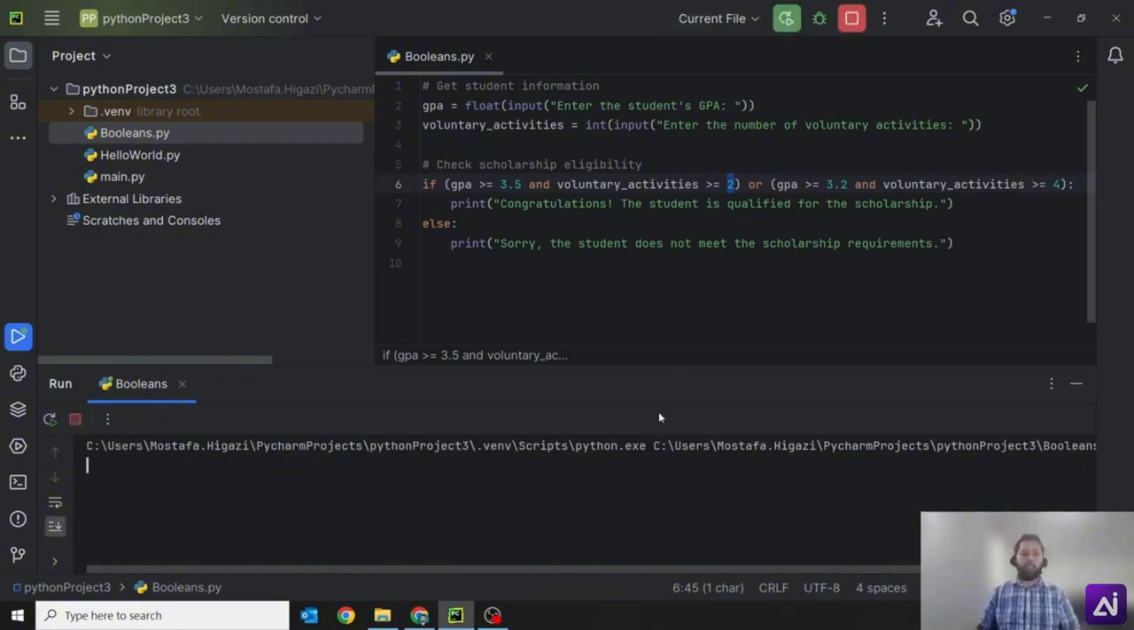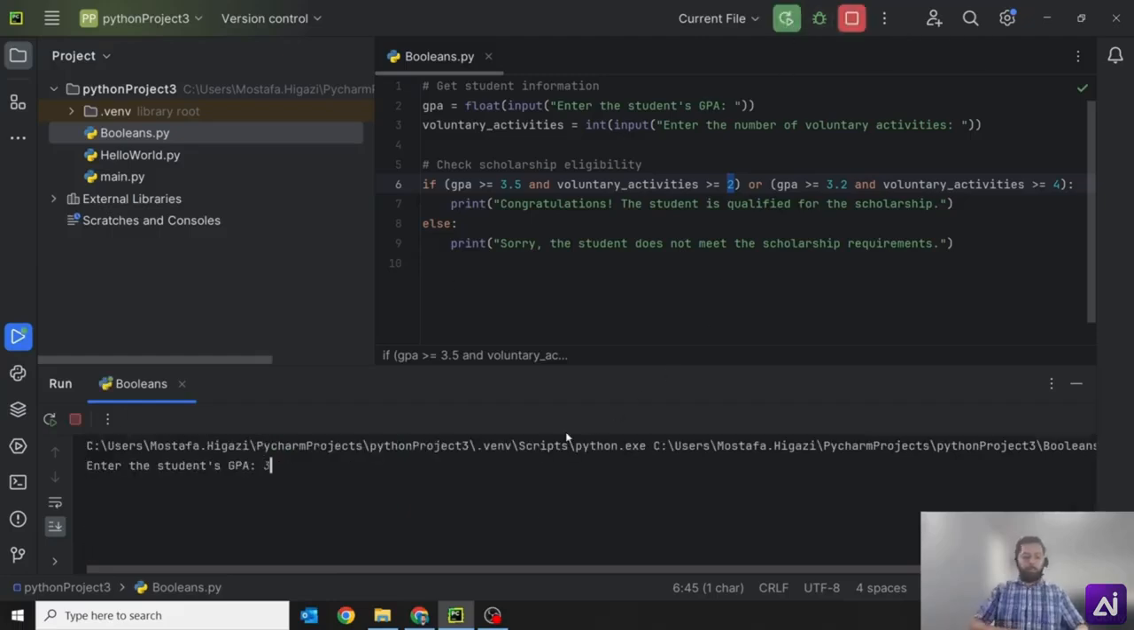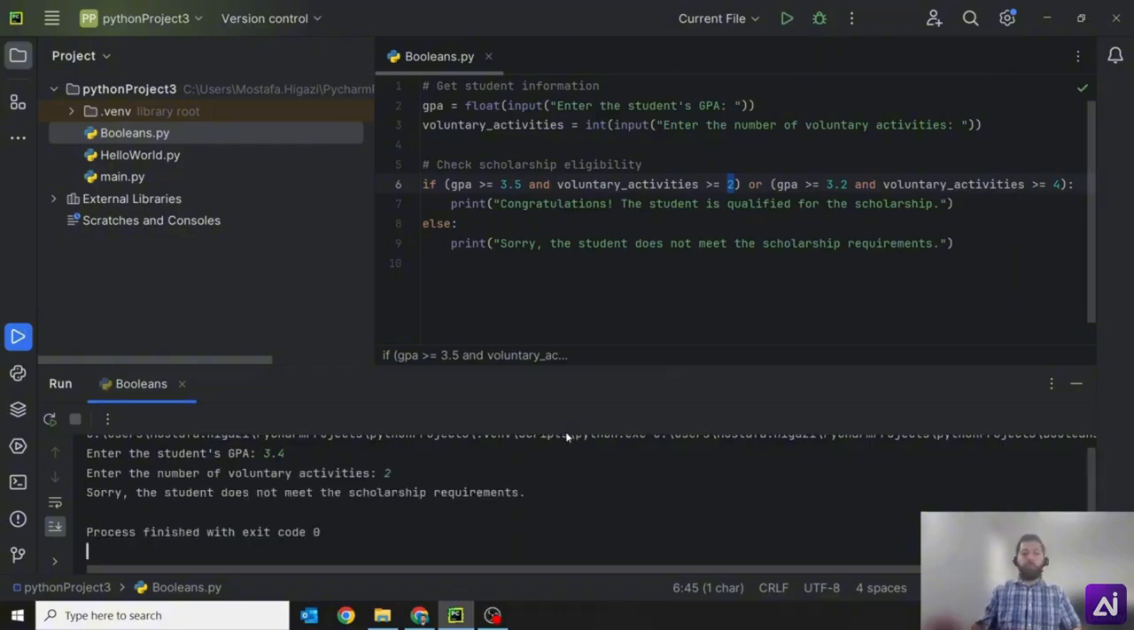So let's run this again. This time the student's GPA is a 3.3, and the number of activities they were involved in was 5. So they do qualify. And again, let's look at one more example. Say a 3.4, and they were involved in 2. Nope, they still don't meet it, because their GPA is lower, remember. Because it's lower than a 3.5, what happens is the check goes here, and it checks to